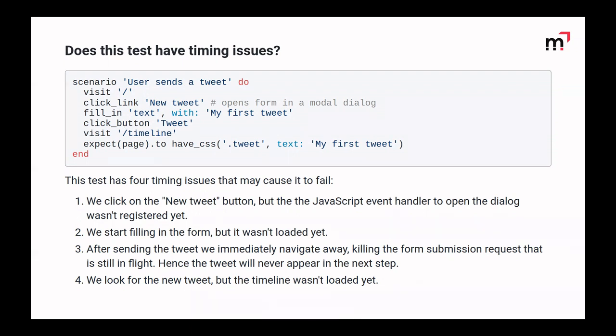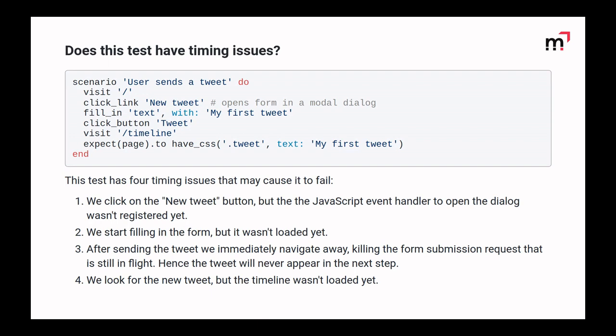What browsers do when you navigate away is abort all the pending requests that are still in flight. So when we do it fast enough, we may accidentally kill our own request that posts the tweet, and we won't see a tweet on the next page. And again, on the next page, the expectation may be too soon, and we may look for the new tweet before the timeline was loaded. For instance, if the timeline is loaded with a JSON request, then we may run an expectation on an empty screen.